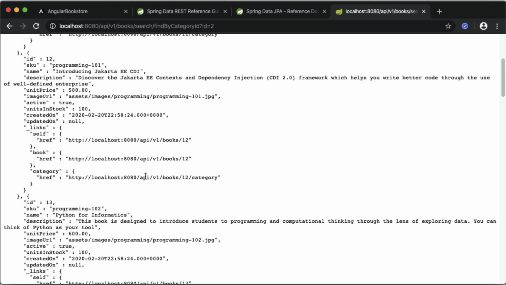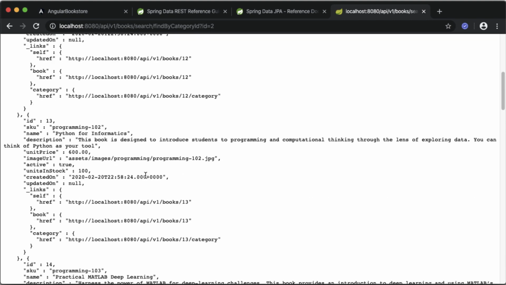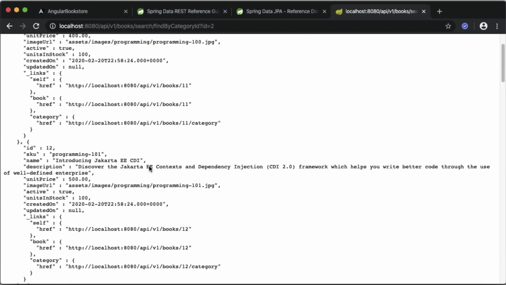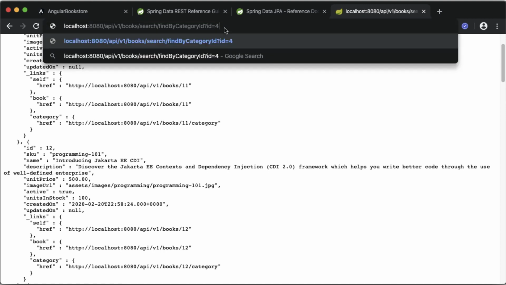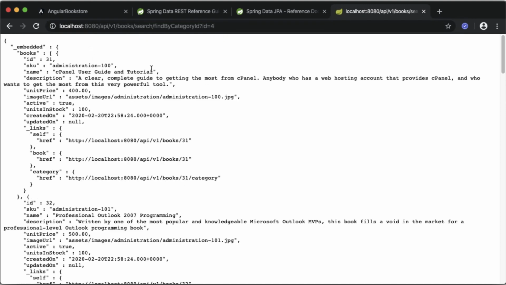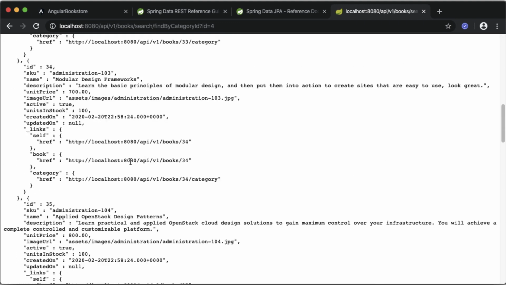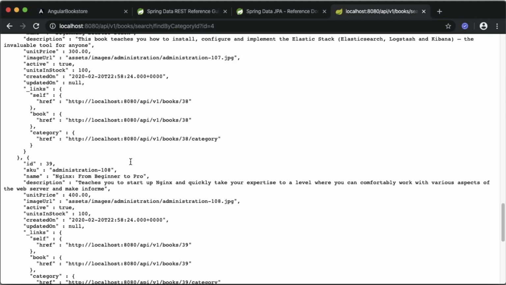You can compare the records with the database entries. Let's try another category. Let's specify category 4, and you can see we are getting the list of books for administration. Category 4 is for administration, and we are getting the books for that.